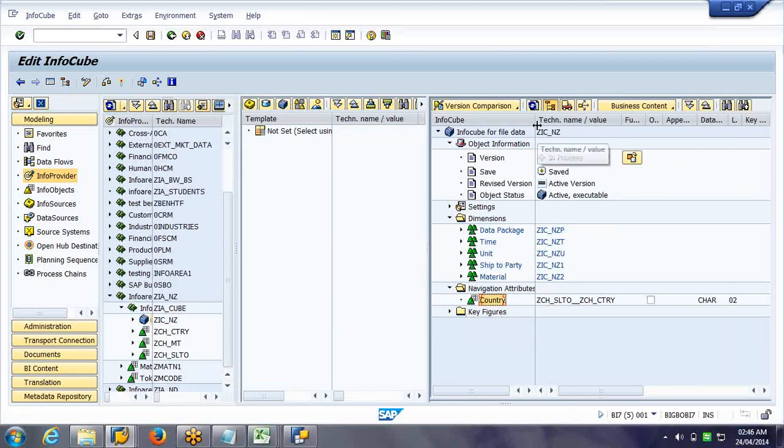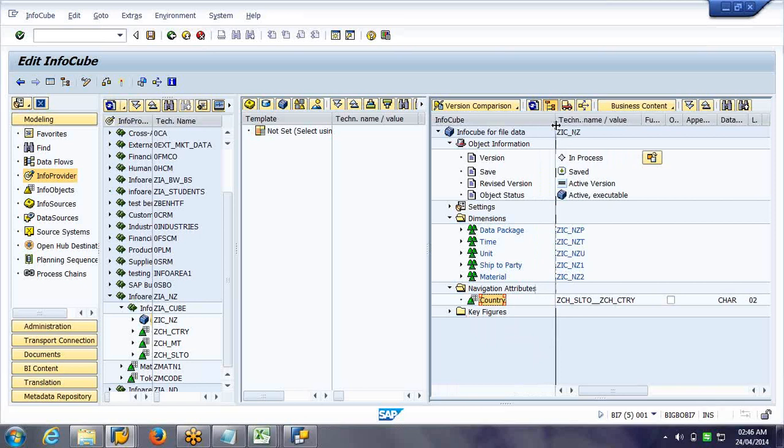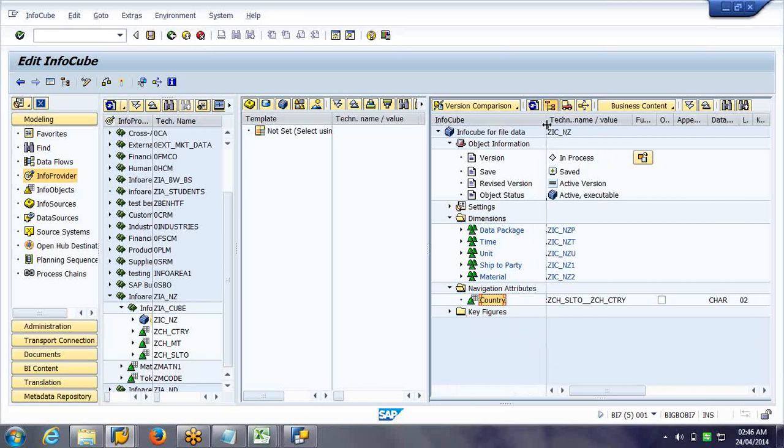Automatically the system will determine, out of the involved objects, whether any attributes are navigational attributes, and it will list them over here. So you have to switch it on over here as well. Only then you can make use of it in reporting.